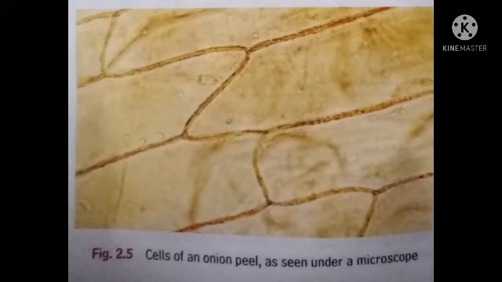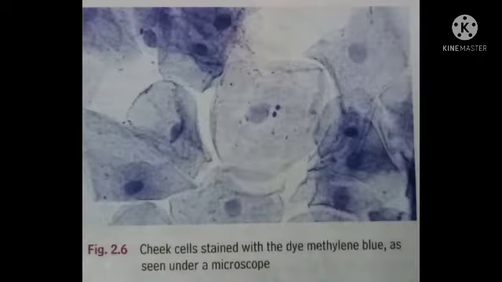This is the cell of an onion peel, which is seen under the microscope. See, it consists of some chambers. These are called cells. And these are cheek cells, which are present inside our mouth, the cheek region, and they are stained or colored with some blue dye,